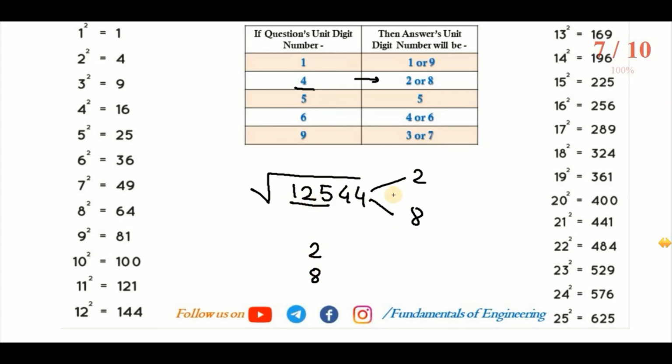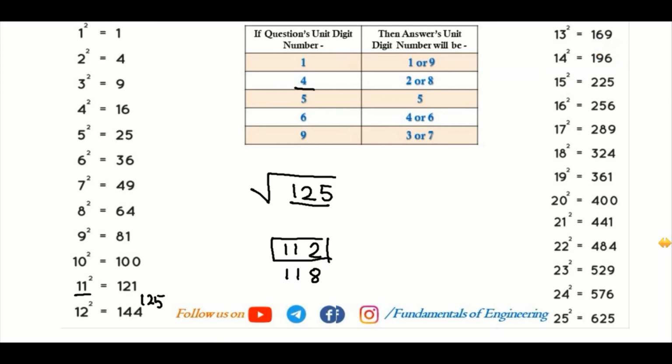Now 125 is lying in between two perfect square numbers. Which of those? 11 square and 12 square. In between that we are having 125. So whatever the earlier perfect square number value, that we have to take. So 11 I have written here. Now 125 is near to 121. So top we have to select. So you can check 112 is the square root of 12544.